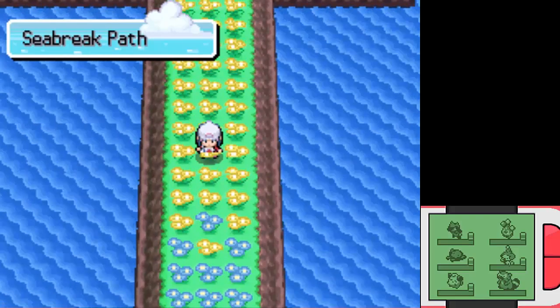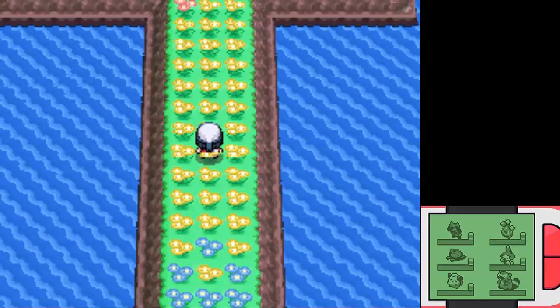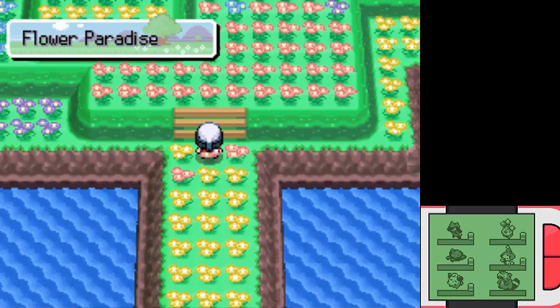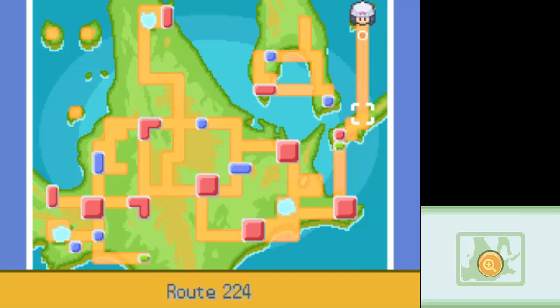In case you didn't see, that Seabreak path, that is what I mistakenly called Silence Bridge in Kanto. And here is Flower Paradise, which should both be on the map now. Yep. There's just a ridiculously long path here now that was not there 2 minutes ago. It's kind of weird because there's just kind of a really large...